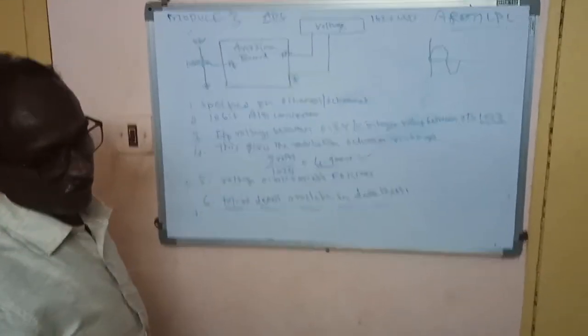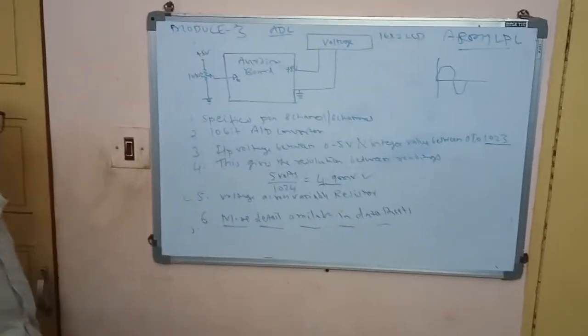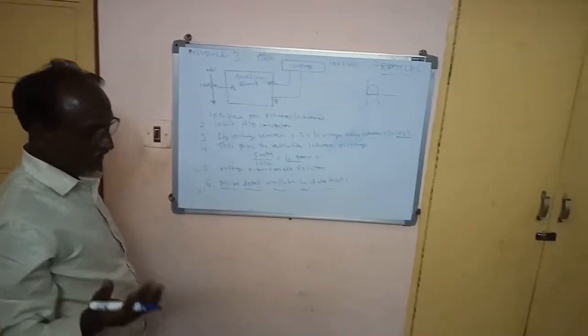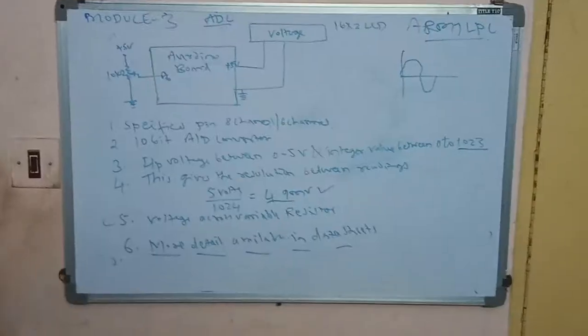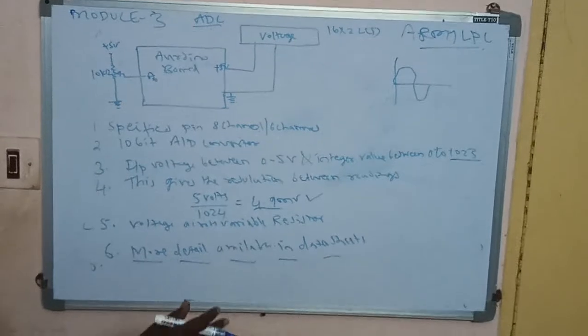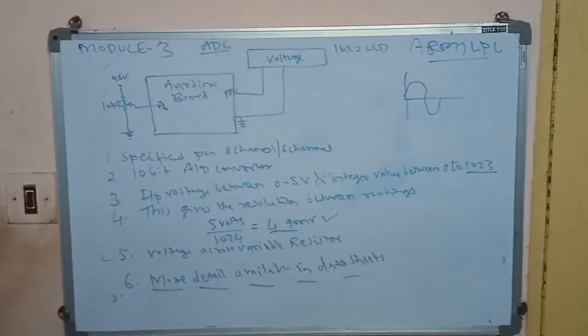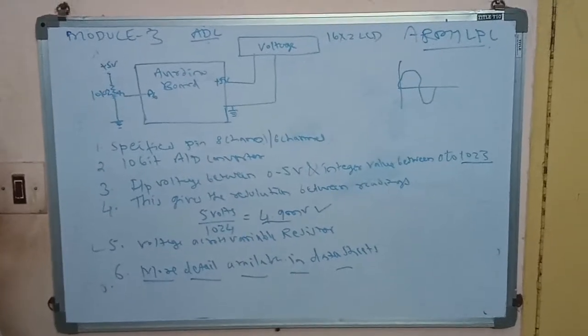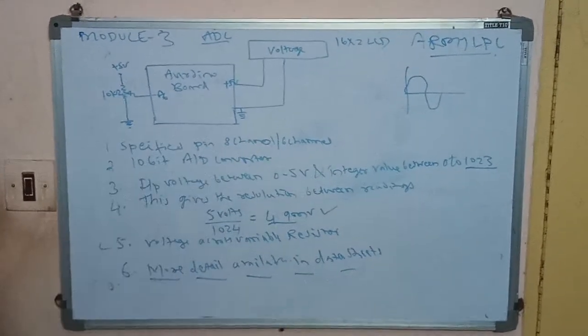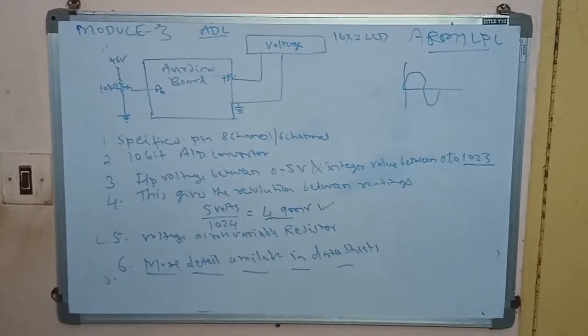coding. Coding, maybe you can write it in C language or you may write it in any one assembly level language. That is because it processes both: the C compiler you can also process, as well as assembly level language software you can use it and process the data. There is no restriction at all.